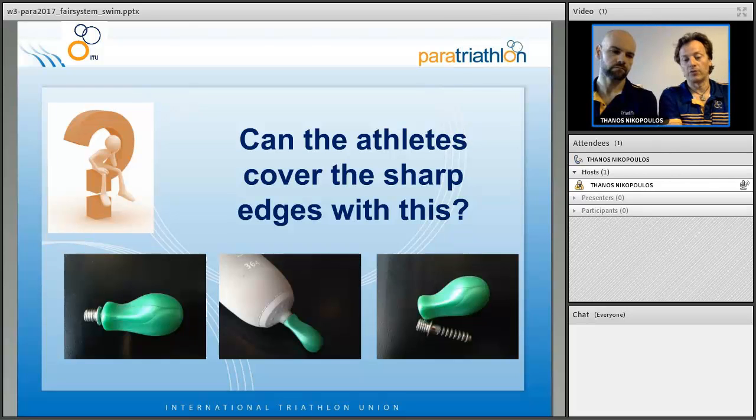But it's really critical to ensure that nobody gets into the water with something that could be considered a hazard to other athletes' safety. So one of the standard processes that we have to follow is, during the athlete's introduction, a technical official should check all the leg amputees and make sure that they don't have any exposed pins, even underneath their wetsuit. And if they are covered, we need to make sure that they have been covered in a proper way, and this silicone or any kind of material will not be removed as soon as they start swimming.